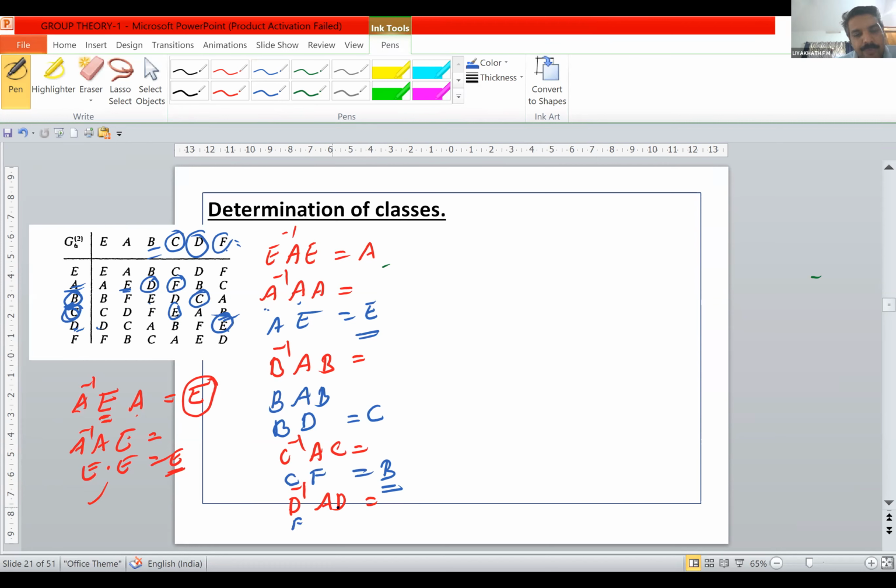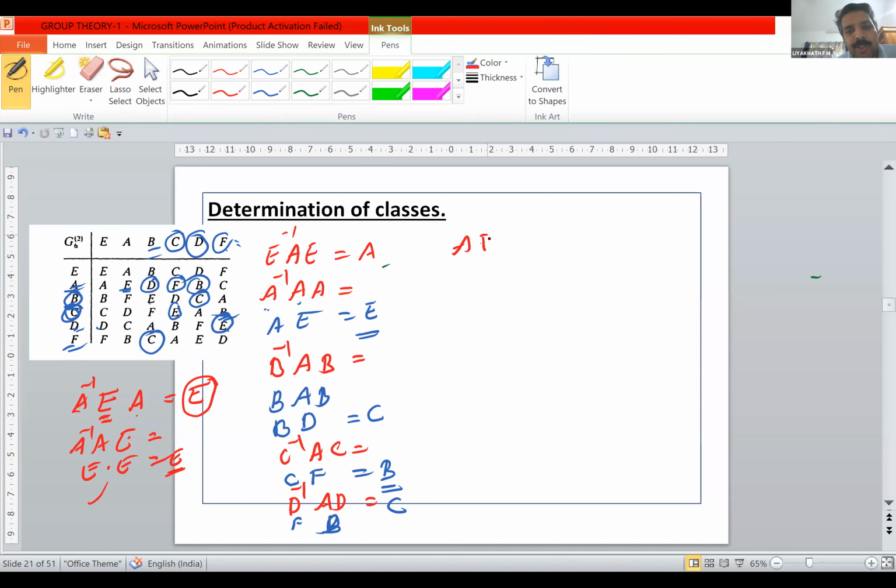So F into AD. What is AD? AD is equal to B. And FB is equal to C. Okay, and finally,